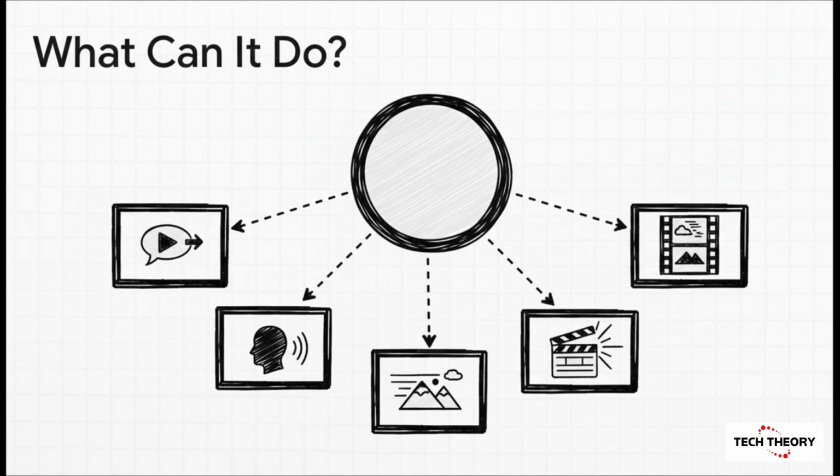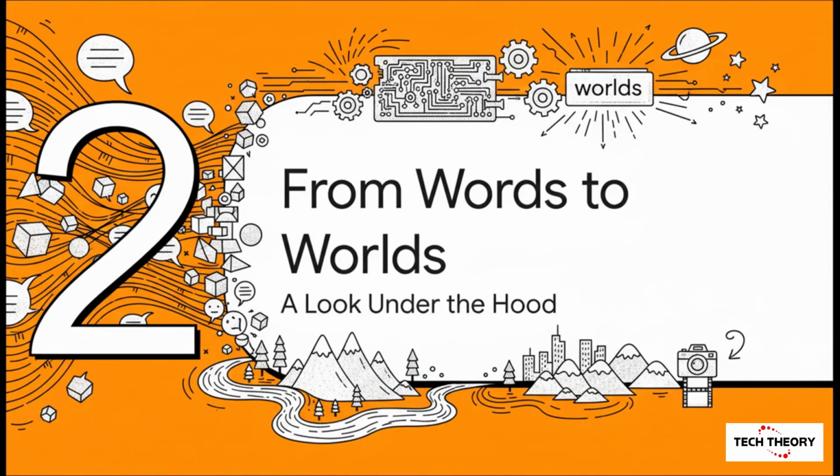And what this tech can do is growing at a wild pace. I mean, think about it. You could create a training video with a digital avatar that is perfectly lip-synced. Or you could take an old family photo and just make the people in it smile or blink. We're already seeing entire short films and commercials with mind-blowing visual effects. And it all started from just a couple lines of text. It's crazy.